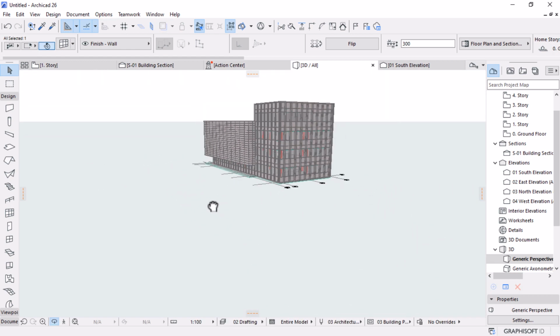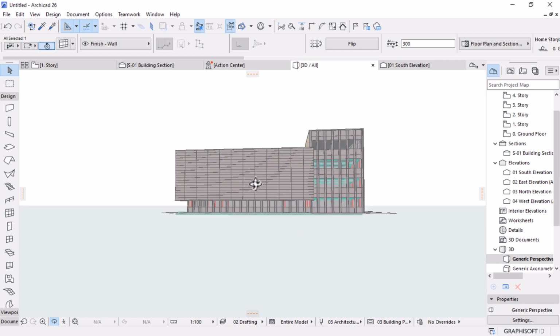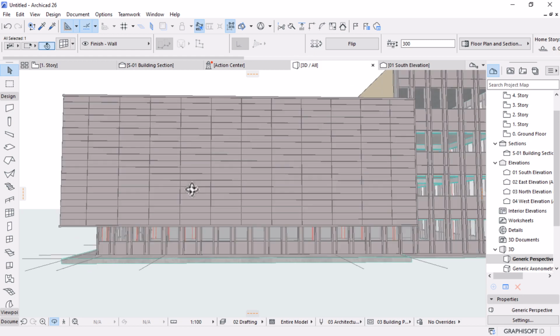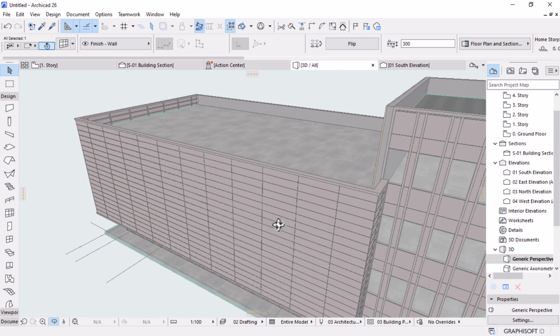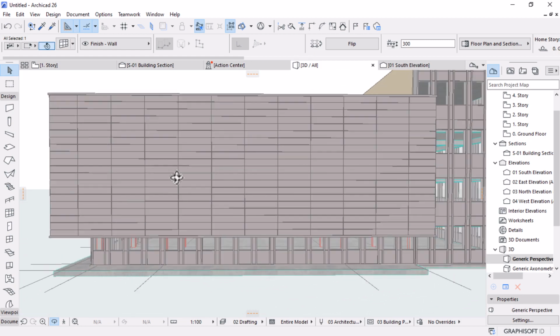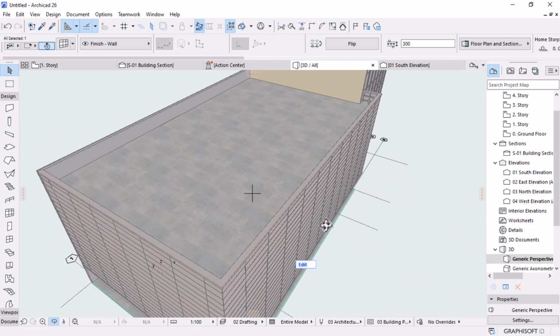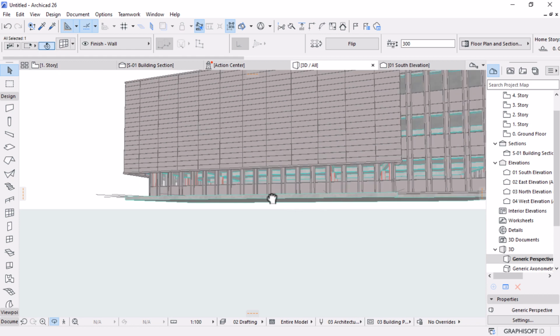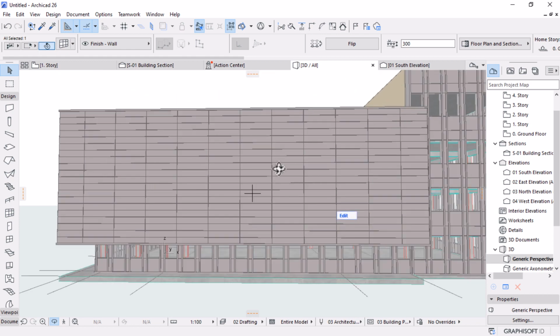Okay, so that's the cladding part. And because this is a solid cladding, you would also want to transfer light into those areas because they are at the top. So how do you do that? I would edit again this